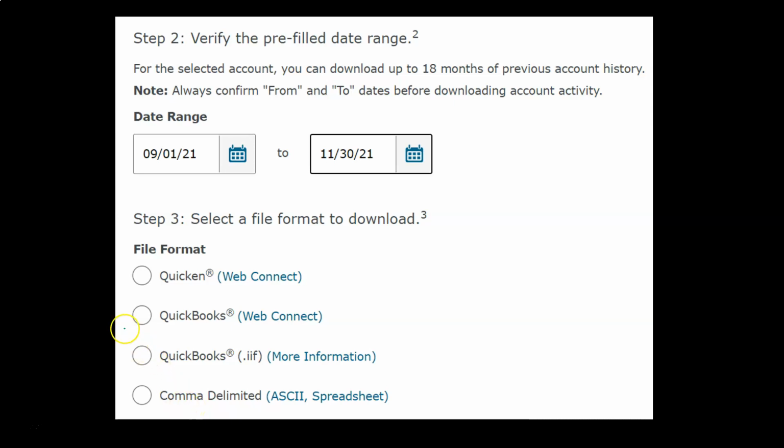Usually you will have a QuickBooks type of format, the Web Connect here. And if you're using QuickBooks, obviously that's the one you're going to want to take a look at, because normally that will be the easiest one for your QuickBooks system to read. Unfortunately, it's also a little more difficult for you to manipulate, meaning if I was to download